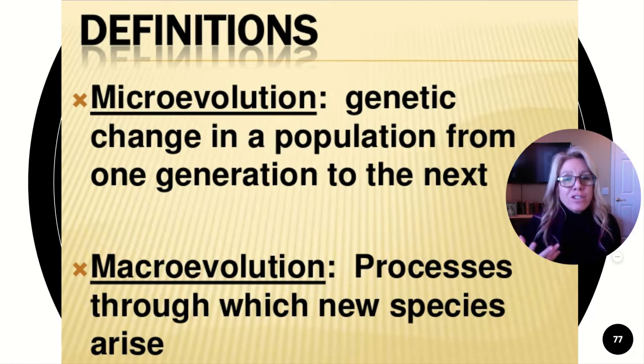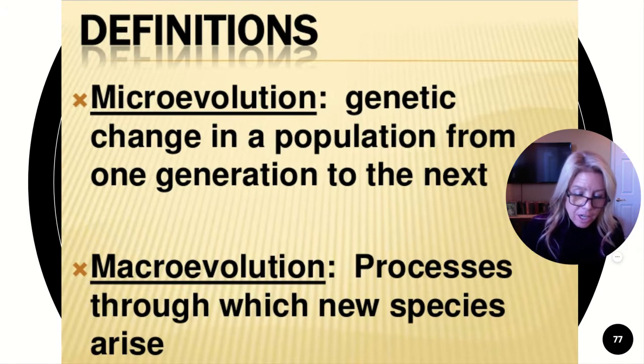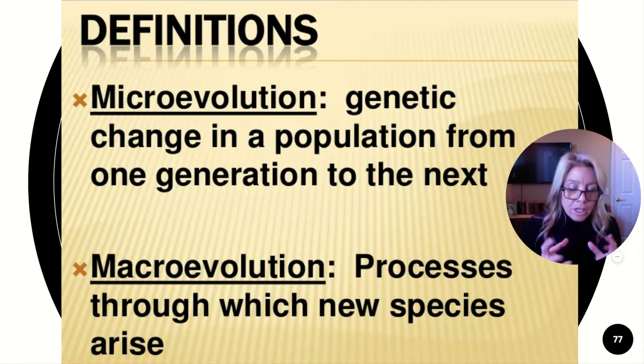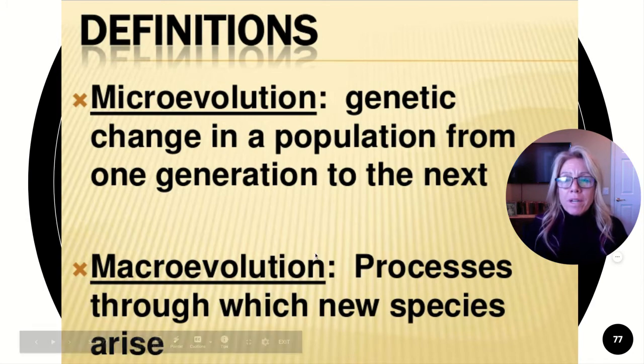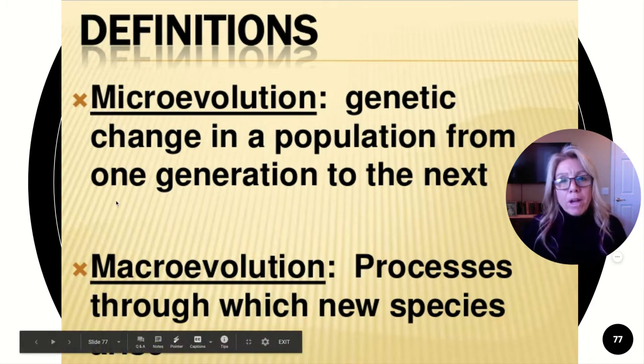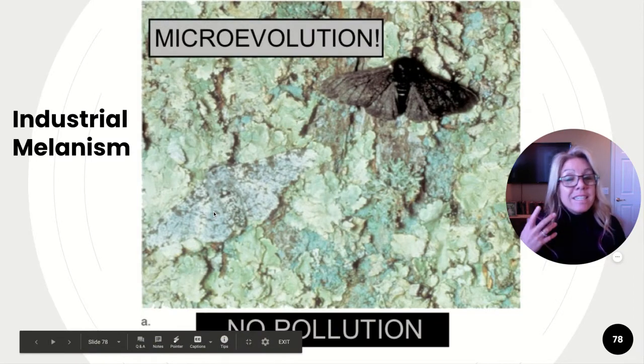But we have definitely gotten taller here in the United States on average. Macroevolution would be changing to a whole new species where you're reproductively isolated. So types of evolution: microevolution is within a population, and macroevolution is large scale, forming a new species. So I want to give you the most well-known microevolution example, change within a species,